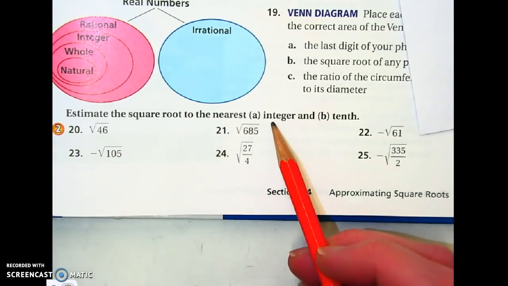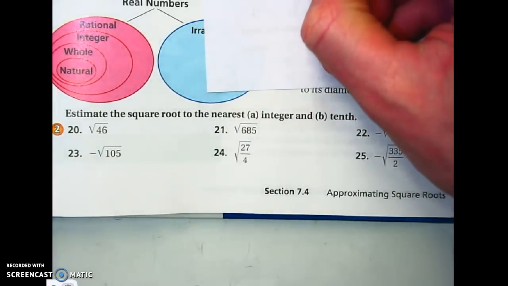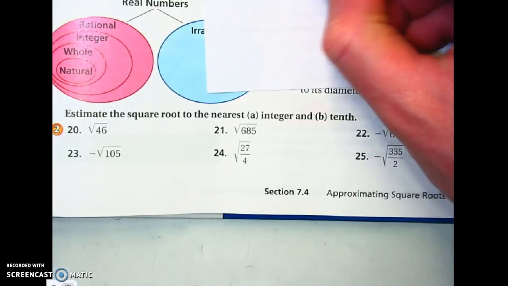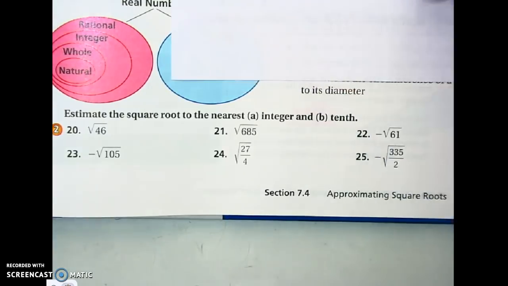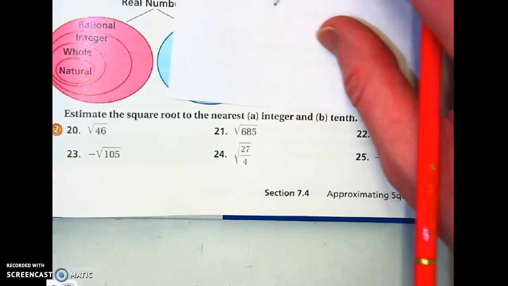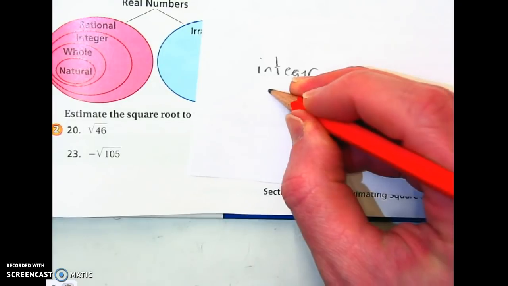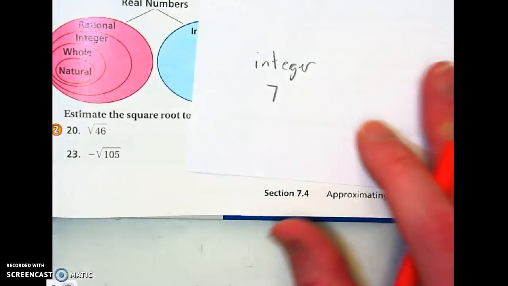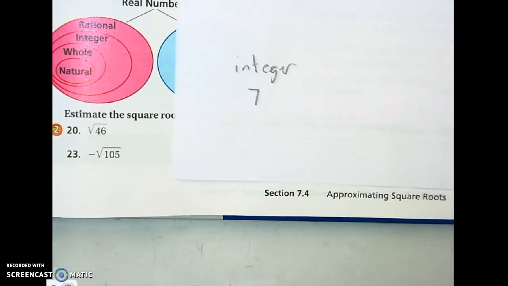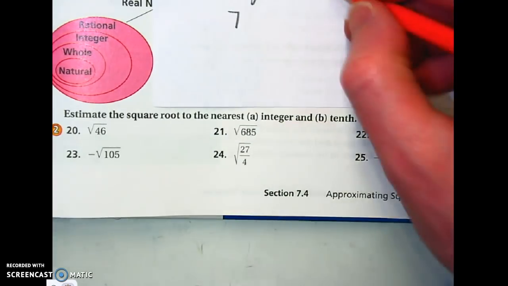So the nearest integer would be 7. It's very close to 7. But then if I was going to say to the nearest tenth,